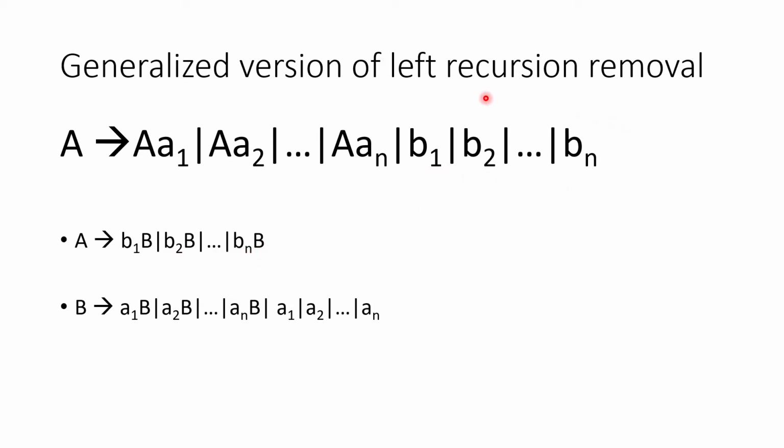It depends on how many terminals are present as a choice, and another production rule, that is for capital B. Capital B is the new non-terminal created over here, and the new non-terminal can be written as a1 capital B or a2 capital B till an capital B because of this part. But here it doesn't end, because only a1 can also be there, I mean, maybe I want to extend this B.